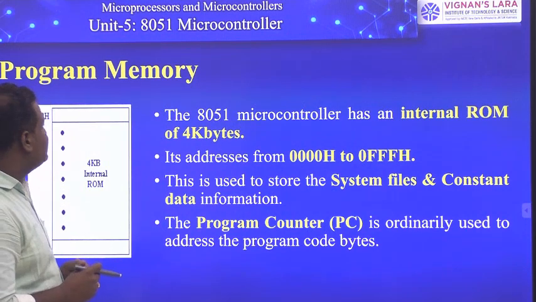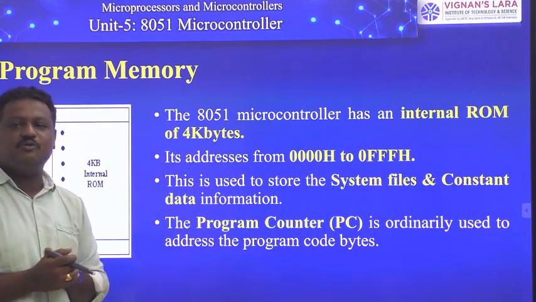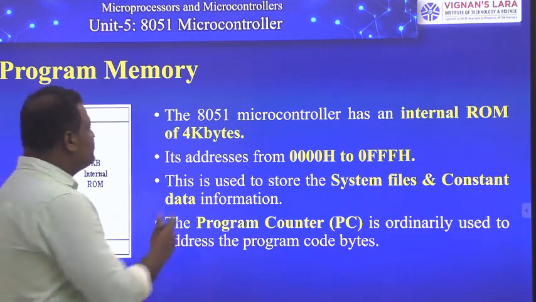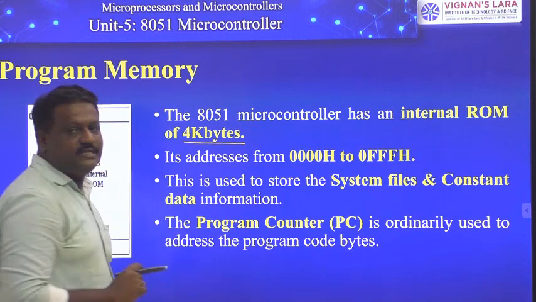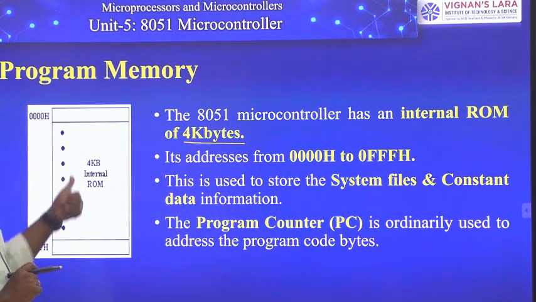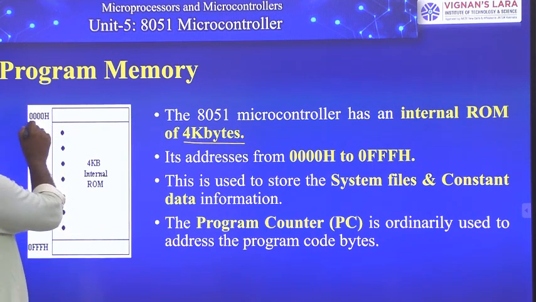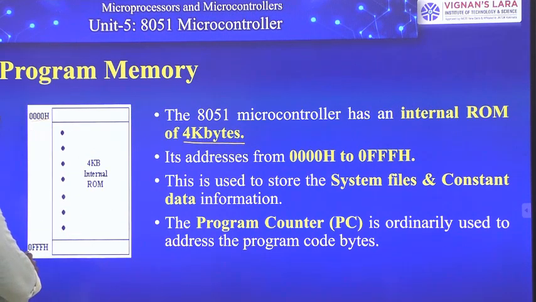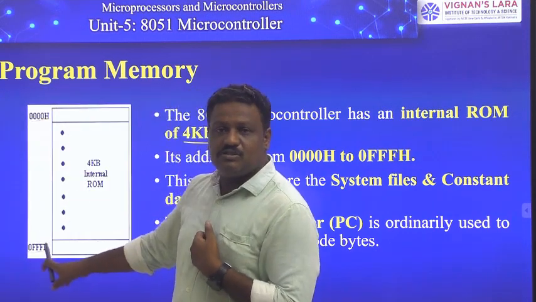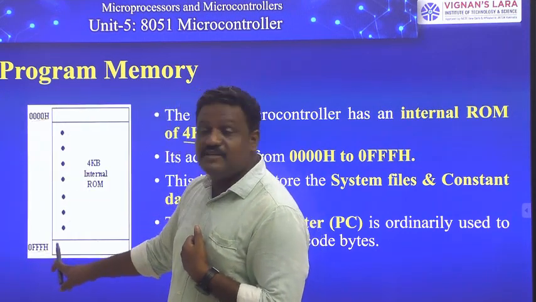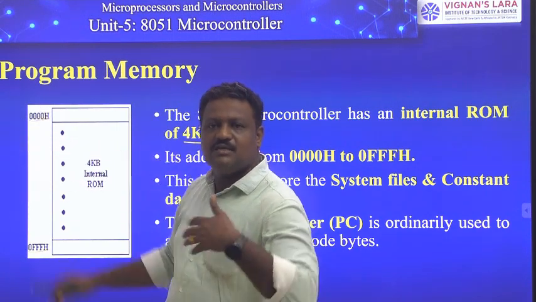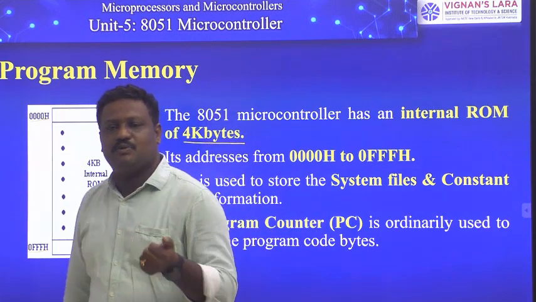And coming to the next guys, program memory, which is the internal program memory of our 8051. We know that the internal program memory is of size 4 kilobytes in our 8051. So this is my internal program memory, 4 kilobytes, whose initial address is 00H, and my last address is 0FFH. So 0FFH is the ending address of my internal program memory, and 00H is nothing but the starting address of my internal program memory.